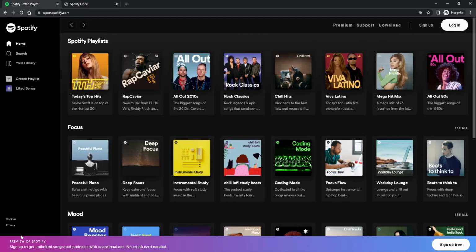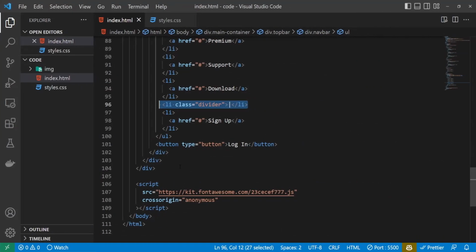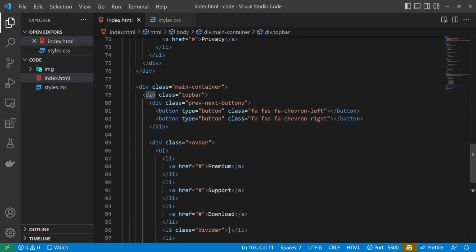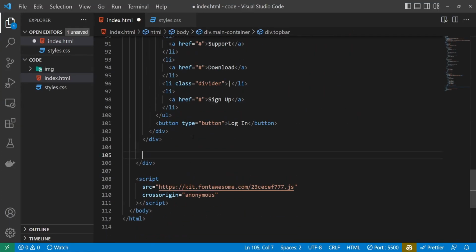With that, we are finished with our top bar. We have two arrows here. We have our links here with those hover effects, and we have our button right here. So the next one that I will create is that bottom bar that we have, which is this one with the gradient right here. To create that one, right after our top bar, I will create the new div with